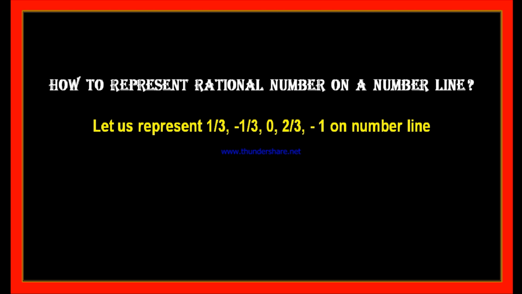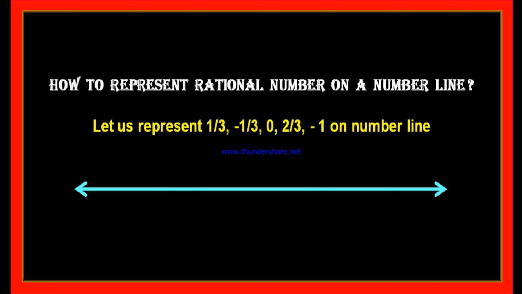Now, in order to represent either a rational number or an irrational number on a number line, we already came across what is a number line. A number line is nothing but a straight line which extends up to infinity on both sides. You can observe this. This is the straight line. On this straight line there are infinite number of points, and every point on this number line represents a unique real number. A real number means both rational numbers and irrational numbers together are called real numbers. Therefore, every rational number can be located on the number line and every irrational number can also be represented on the number line.